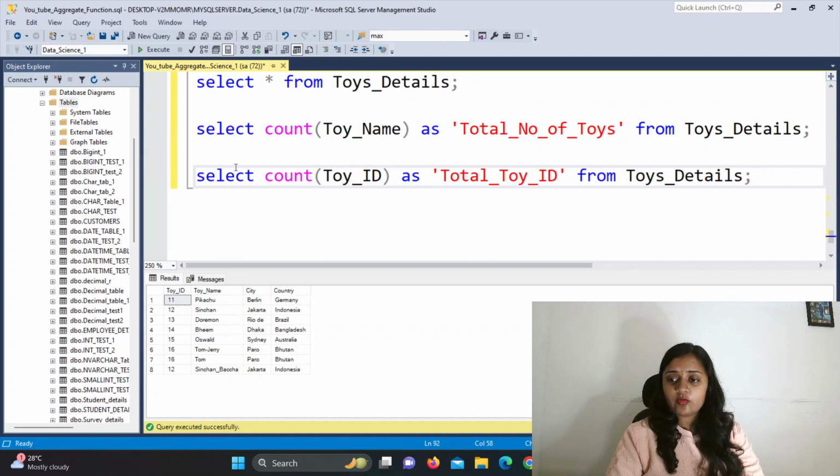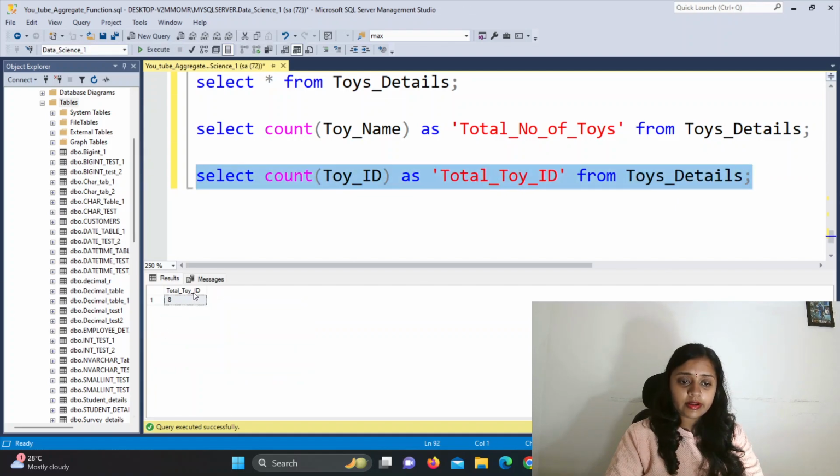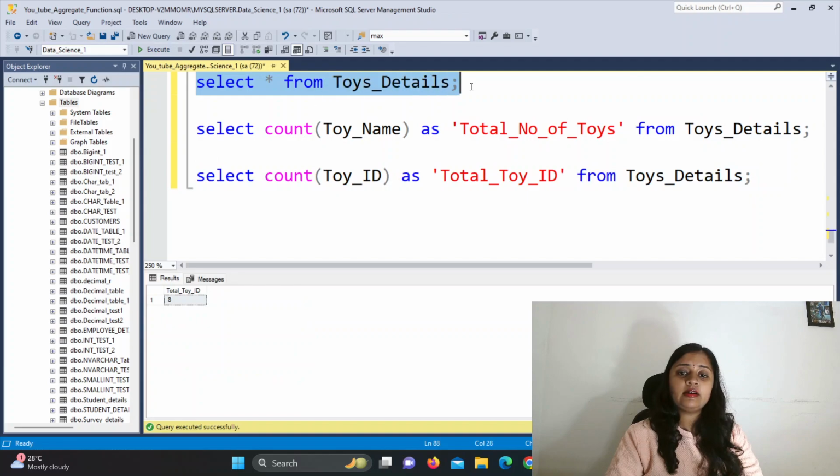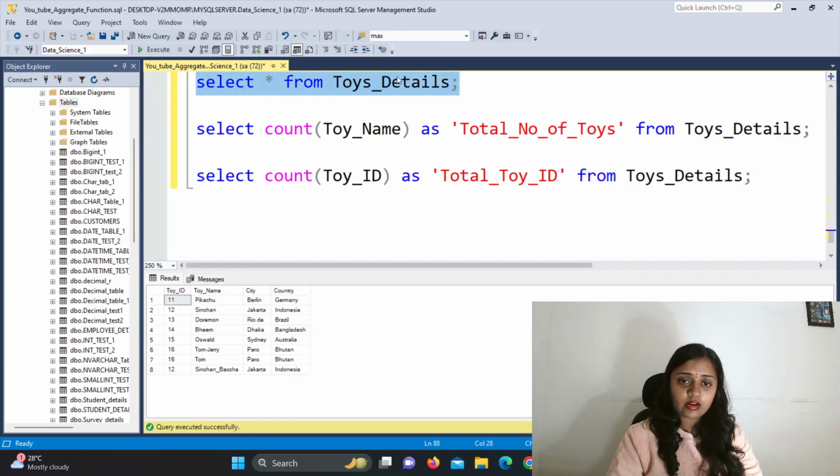Now select this piece of code and hit the execute button. So we will get to know how many total toy IDs there are: 8. Now if you want to recheck, go to your original table, hit the execute button, select star from toy details and see there are a total of 8 toys.